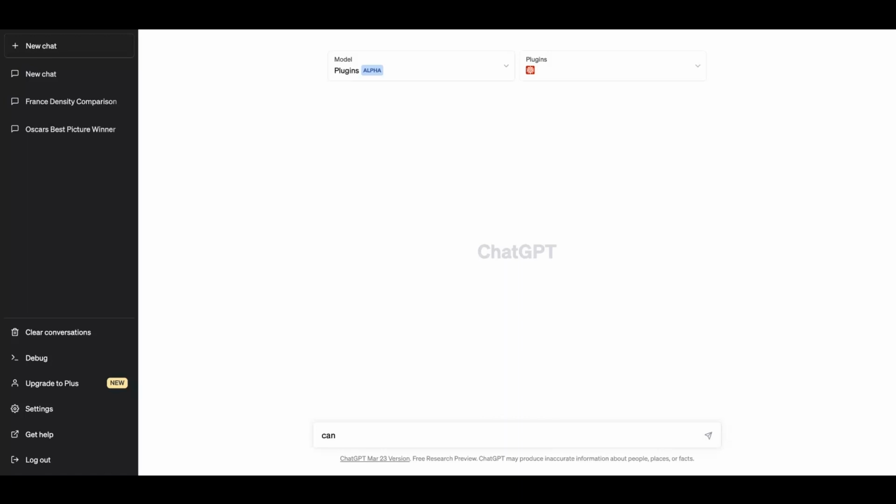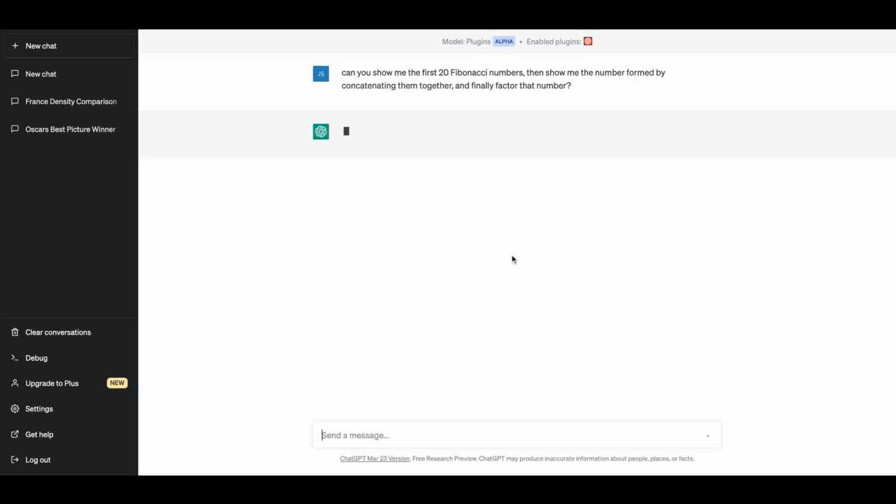So I'm going to give another attempt here and say, can you show me the first 20 Fibonacci numbers? Then show me the number formed by concatenating them together, and finally factor that number. So there are a number of related